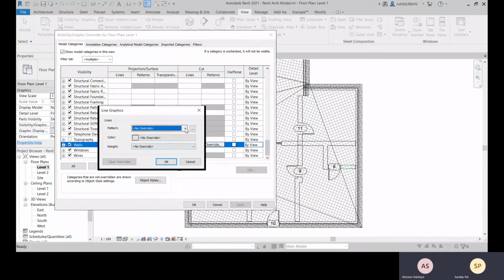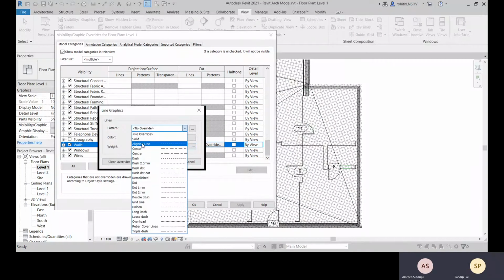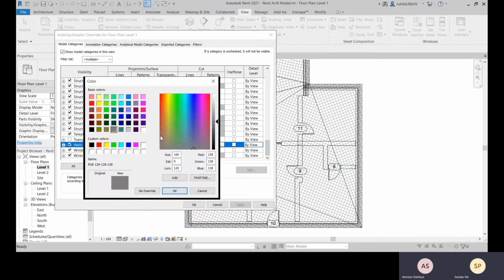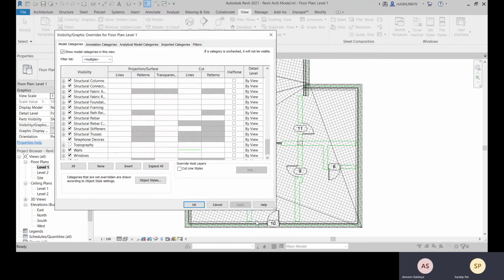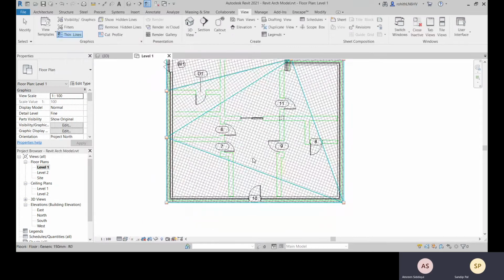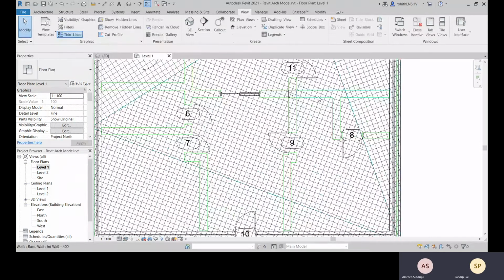There, let me change. Click on OK, apply, and there you see the wall color has been changed for this.